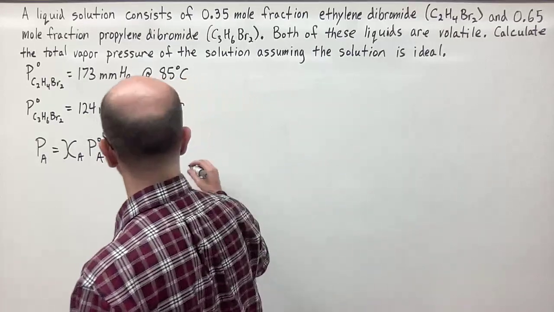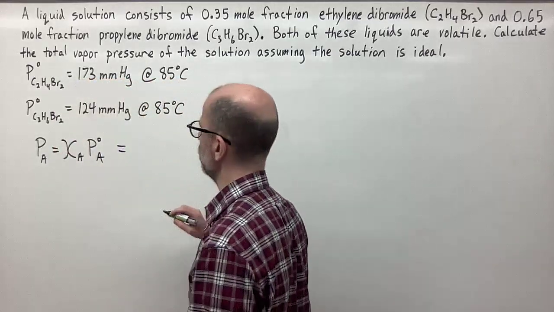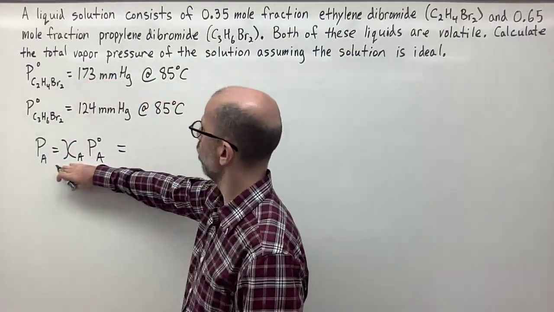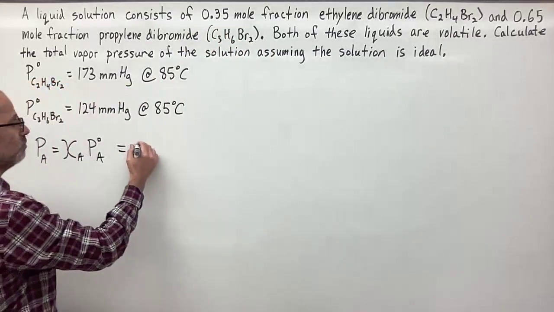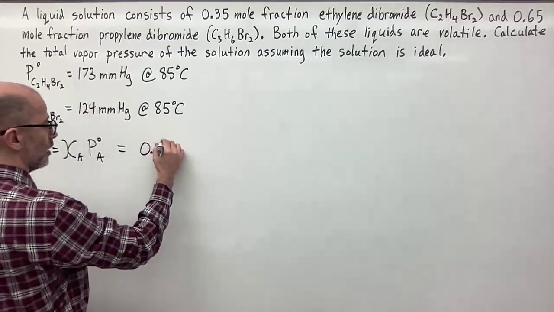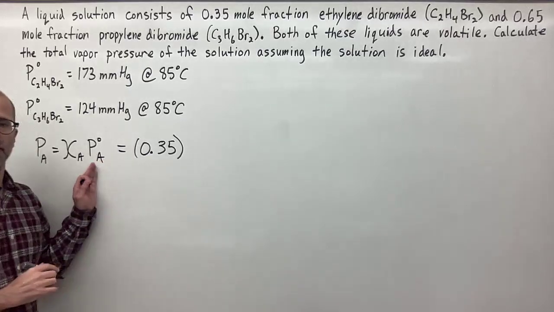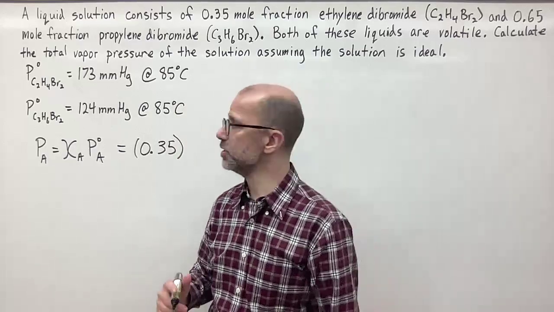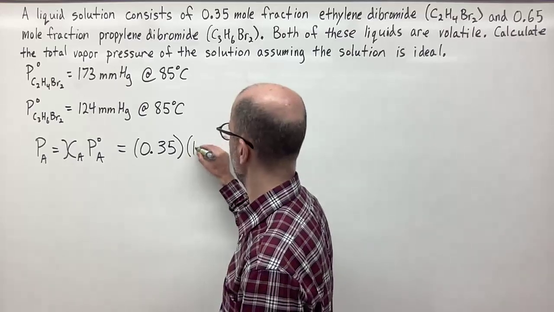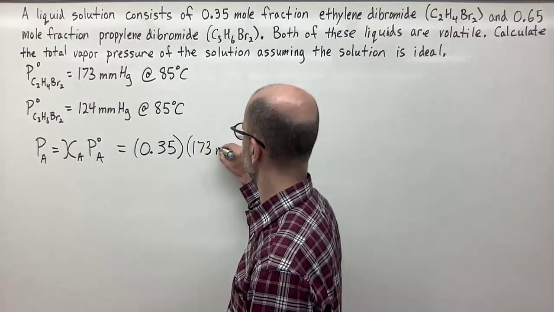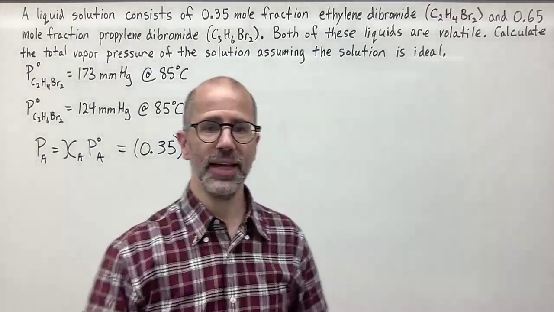That will be substance A. So that's going to be equal to the mole fraction, which is given as 0.35, multiplied by the vapor pressure of the pure substance, which is 173 millimeters of mercury. And when we calculate that, we get